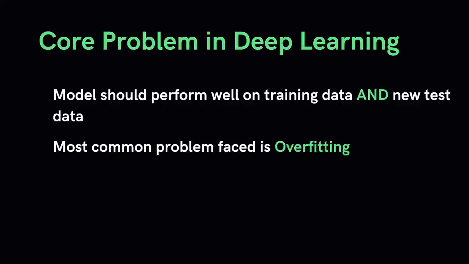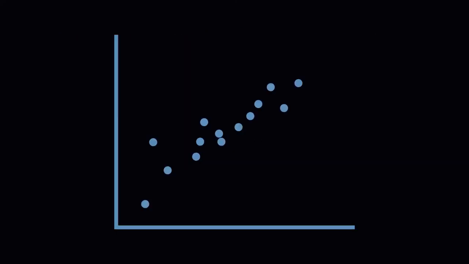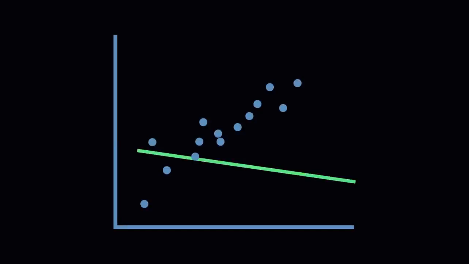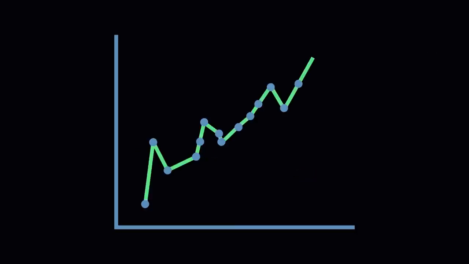Say I have a dataset graphed on the XY plane like so. Now I want to construct a model that would best fit the dataset. What I could do is draw a line of some random slope and intercept. Now evidently this isn't the best model. In fact this is called underfitting because it doesn't fit the model well. In fact it underestimates the dataset. Instead, what we could do is draw a line that looks something like this. Now this really fits our model the best, but this is overfitting.